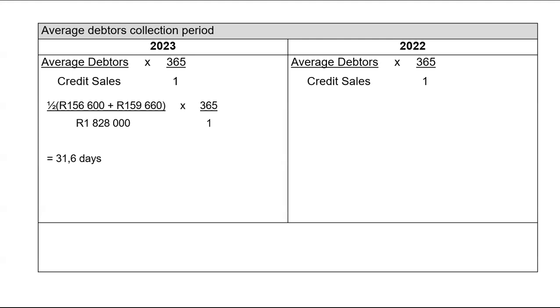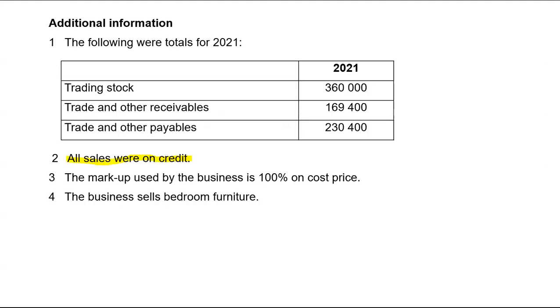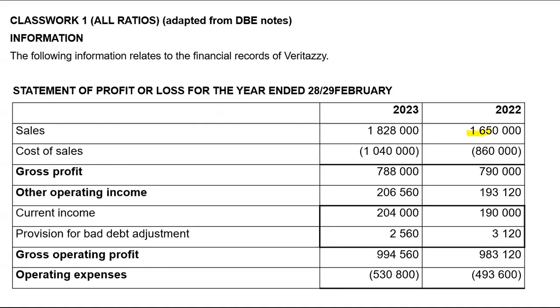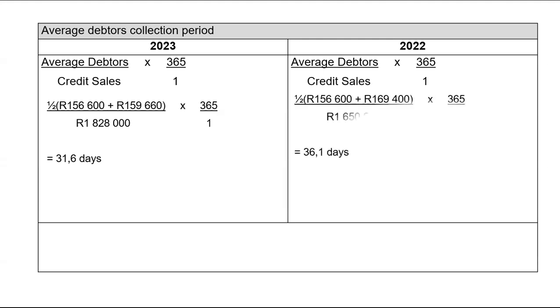Do the same thing with 2022. Please note that for 2022, your trade and other receivables was given to you under additional information. So you will take this 169,400 and add it with that 156,600, if I'm not mistaken. The answer you divide it by half and then you divide it by total sales or credit sales for 2022, which is 1,615,000. Let's see what our debtors collection period will be. It will be 36,1. So it has decreased, which means we are being a little bit effective in collecting our